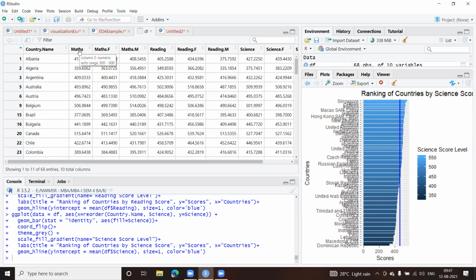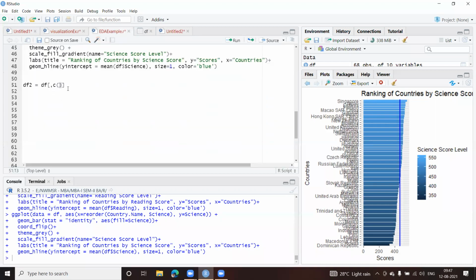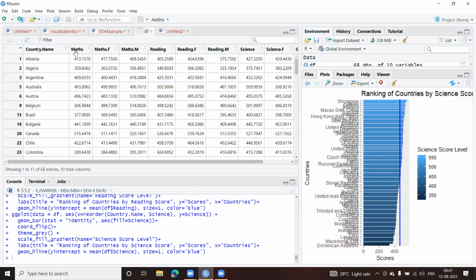If I want say maths, reading and science. Okay, like this. Let us do one thing. We'll come back. Let me give 1, comma 3, comma, that was the fourth value. And 1, 1, 2. This is the second one.